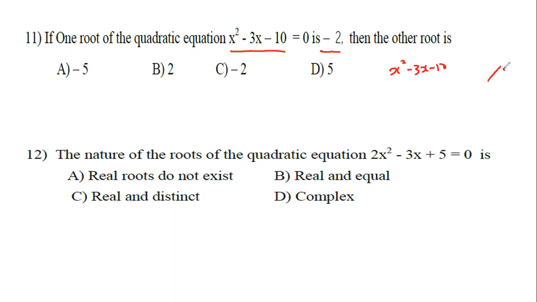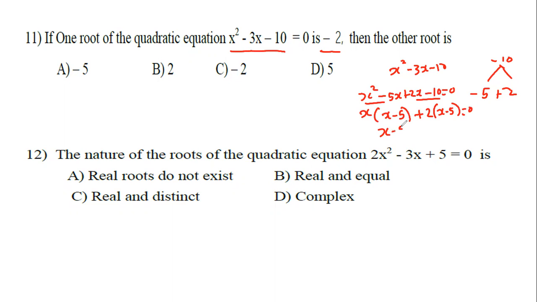So do factorization. Minus 10, 5 2s are 10. Here minus, here plus. Okay. So x square, in the place of minus 3x, put minus 5x plus 2x minus 10 is equals to 0. Just I am splitting this middle number. Remaining is group first two terms, next two terms. In first two terms, x is common, remaining is x minus 5. In next two terms, plus 2 is common, remaining is x minus 5 is equals to 0.